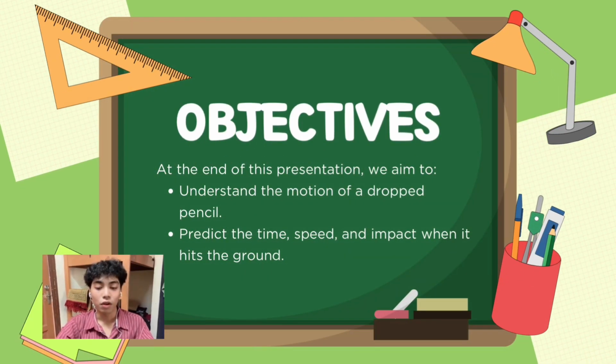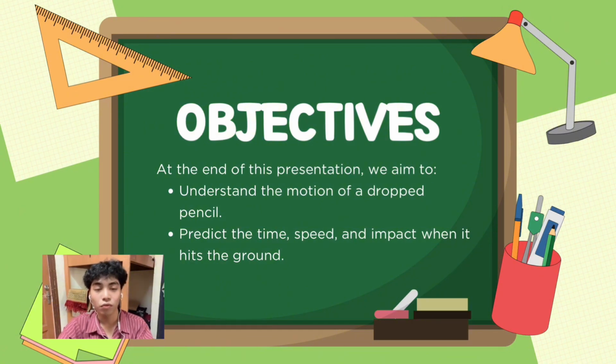The objectives of our presentation are simple. First, we want to understand the motion of a dropped pencil and explain why it follows the principle of free fall. Second, we aim to predict the time taken, the speed, and the impact when the pencil reaches the ground by using the equations of motion. Through the experiment, we can relate the theory of free fall to a real-life situation and better understand how gravity